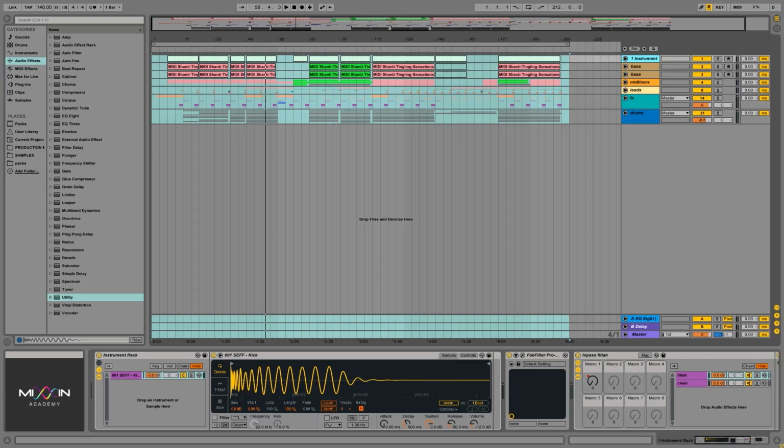Grouping channels for me is very important, and not just in Ableton, in any digital audio workstation, and even when mixing analog and routing on a mixing desk. Grouping is a powerful tool if you're accustomed to using it. So what I usually do with all of my groups is group elements that have the same purpose in